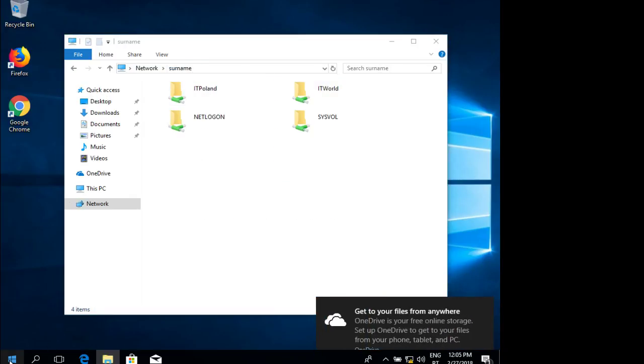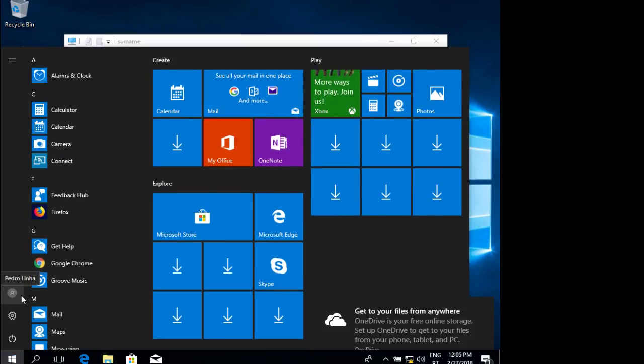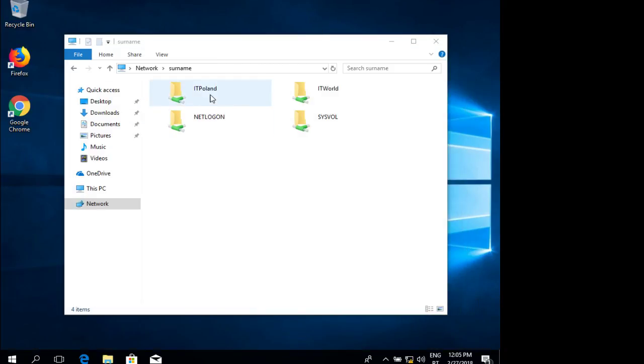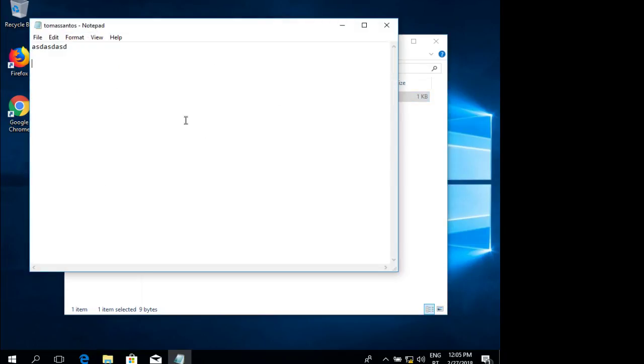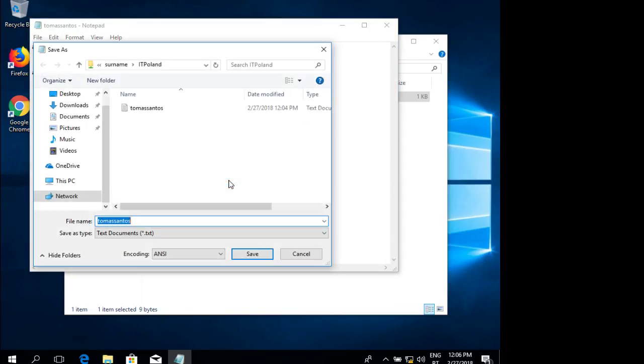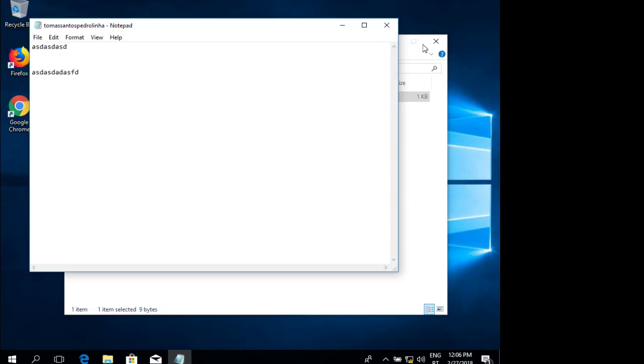So as Pedrolinha can access IT Poland, he can read the documents, but he can't change them. Okay, save, save, and he can't save. Okay, again, he can't save the document,